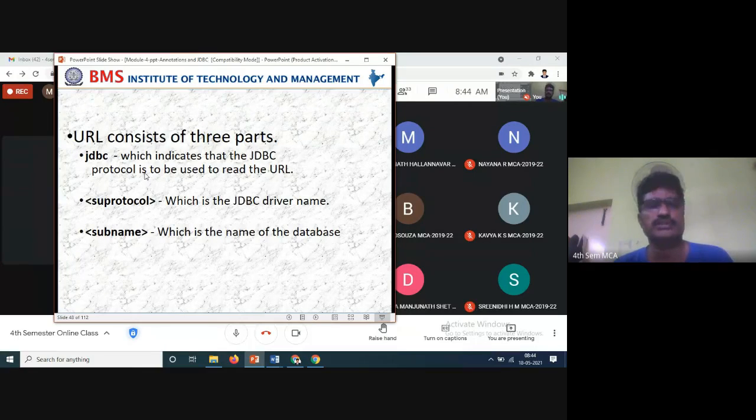The subprotocol is the JDBC driver name. The subname is the name of the database.